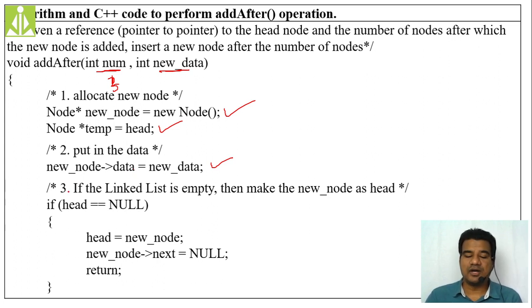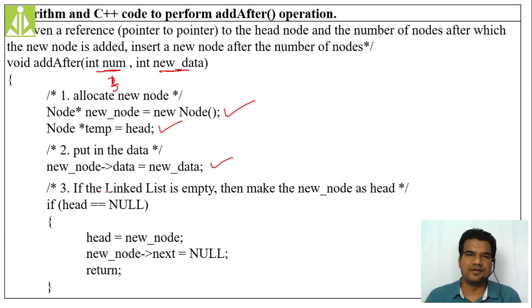That's it. Then what we are doing, we are checking whether the list is empty or not, isn't it? If your list is completely empty, and you're saying to insert your node after some third node or fourth node, is it possible? Your list is empty and you're asking the program code to insert your node after the third node. It is an illegitimate thing. So immediately what we have to do, whenever the list is empty, insert the newly created node as the first node and stop your program.